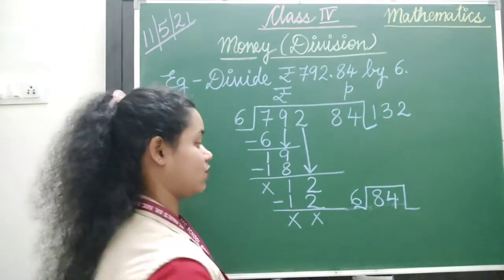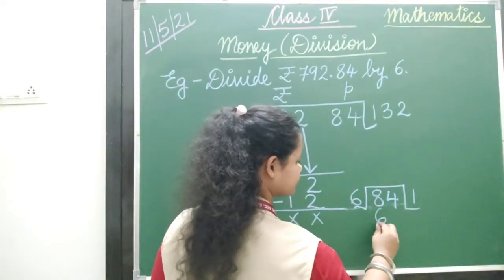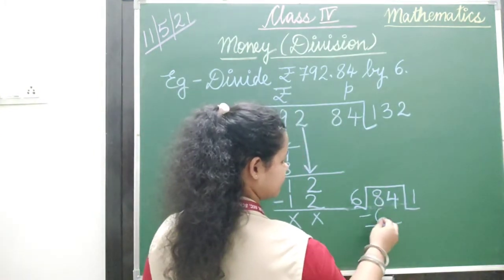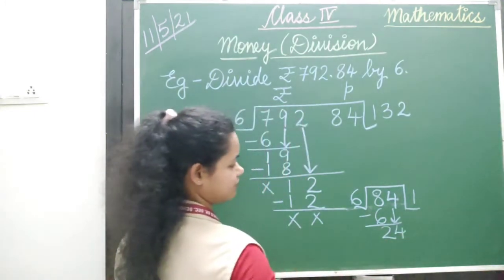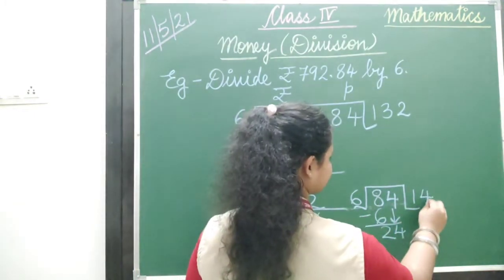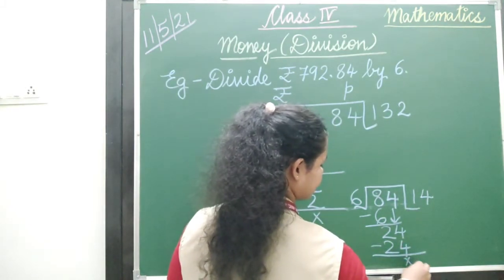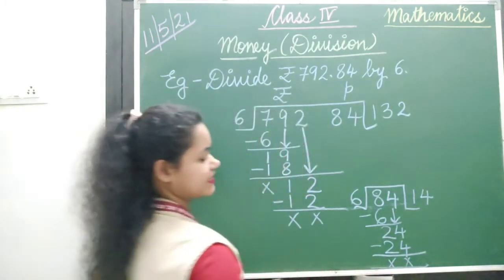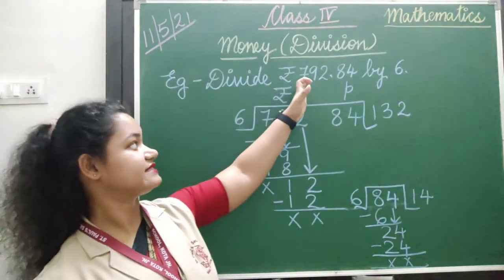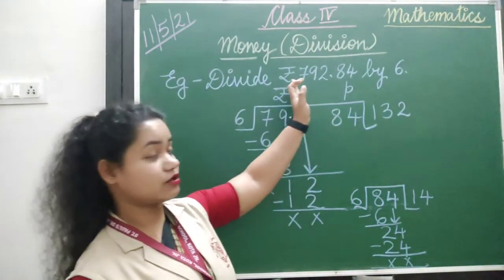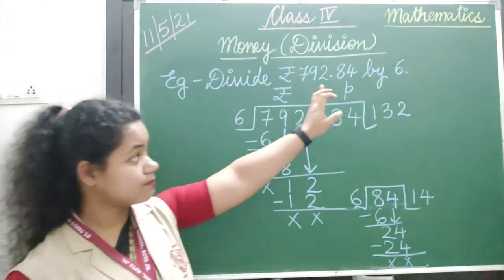Okay? Now 6 ones are 6. 8 minus 6 is 2. 4 down. This has become 24. So 6 fours are 24. Yes or no? So we can say on dividing rupees 792 and 84 paise by 6,